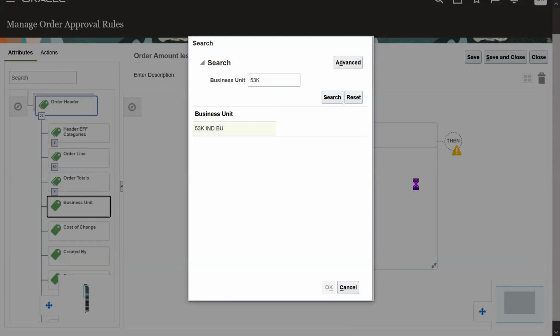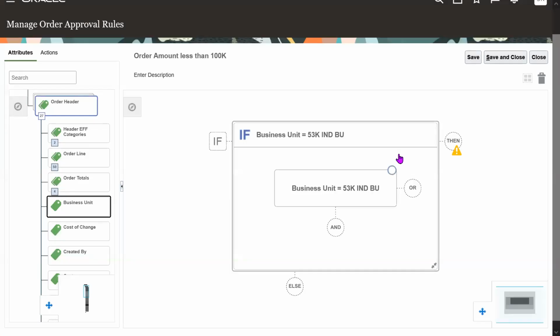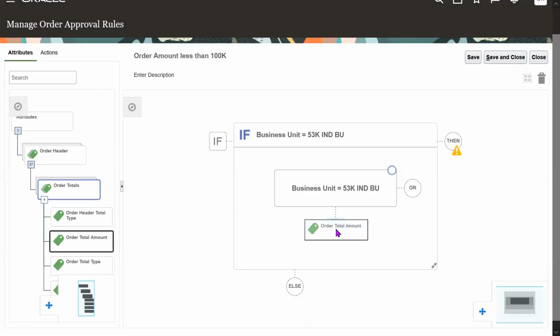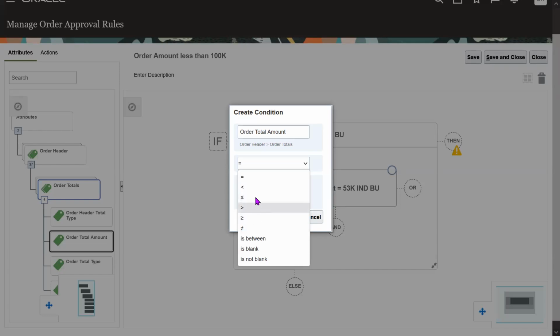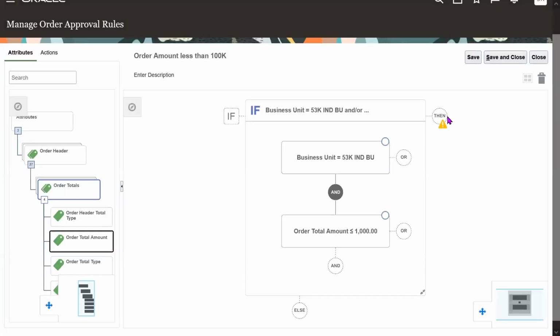I'm selecting the BU and order total amount. If the order total amount is less than or equal to 100,